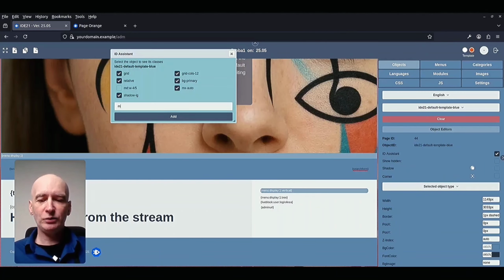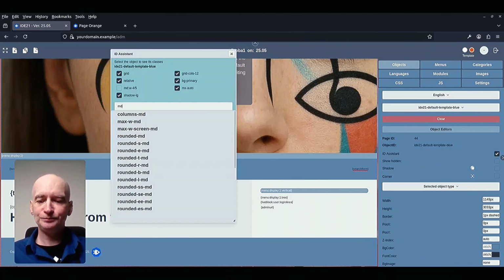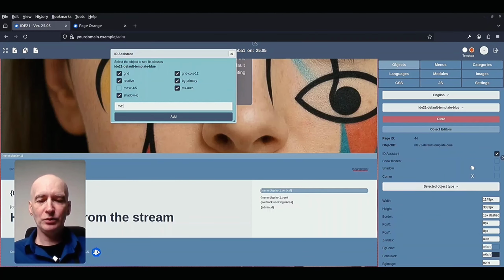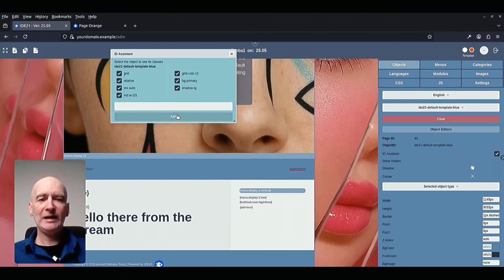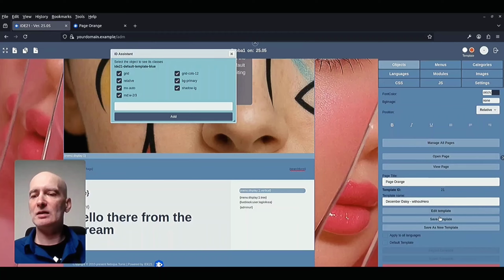If we want, we can also set this to be 2/3, for example, and then it will be narrower than it was before. For now, let's just save it to see how this looks.